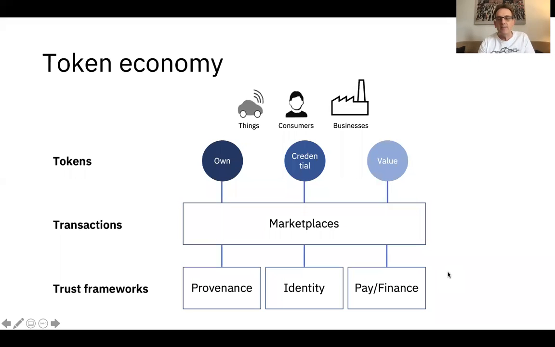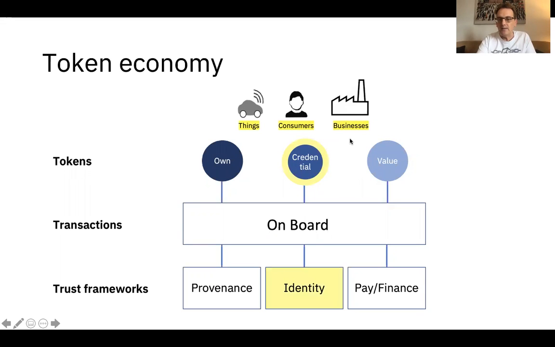Let's talk today about the token economy. So for example, let's think about a commodities market. Perhaps this is a marketplace, perhaps trading cobalt. Now, this will start off as a business-to-business market, but may evolve into consumers and things, and we'll talk about that in a minute. But the first thing we have to do is onboard the various traders